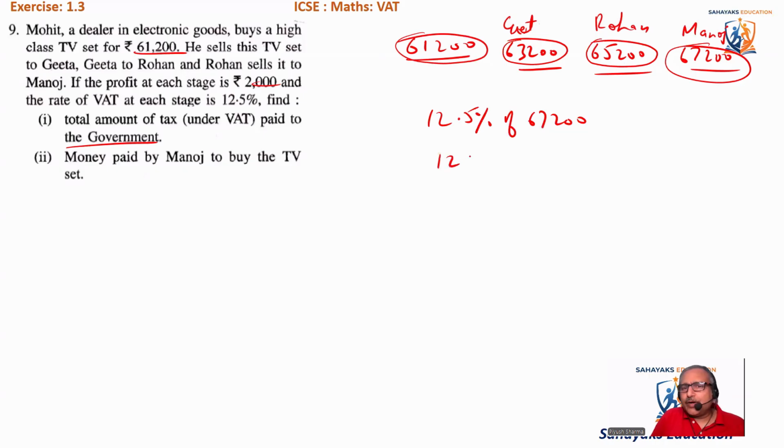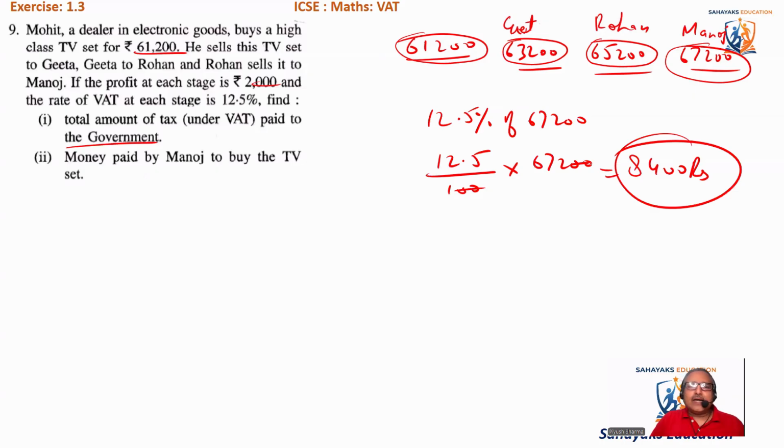So it is 12.5 by 100 into 67200. So this got cancelled out. So this value comes out to be 672 multiplied by 12.5. So it comes out to be 8,400 rupees, the total VAT which the government is going to get. Either they'll get it from the initial one or from here or from here or from here. Okay, at any stage, if you say all the VAT inclusive is equivalent to